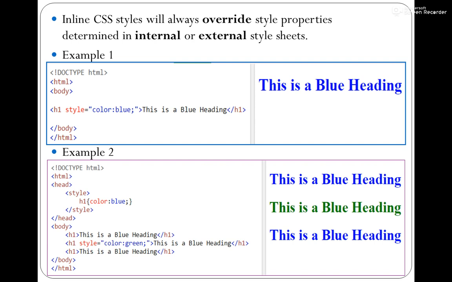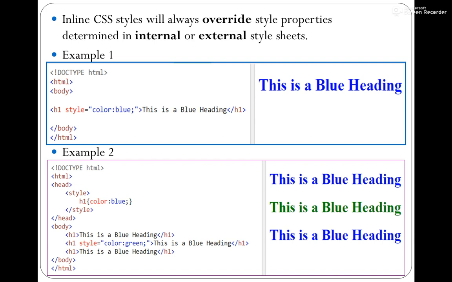Agree? Now come to the second line, which is very important. Here you can see I am using the style attribute for this particular second H1 tag. And here I am giving it styling. Again some new styling I have given. What styling have I given? That its text color should be green. So since I am using the inline CSS, that is why I am using the style attribute. And you can see this is a blue heading is no more printed in blue color. It has taken the text color as green.